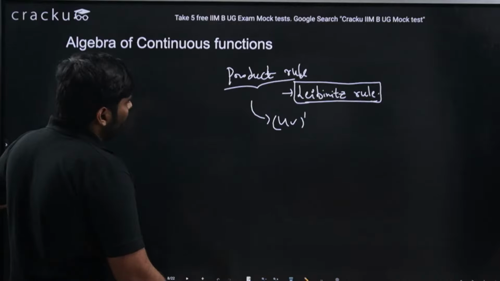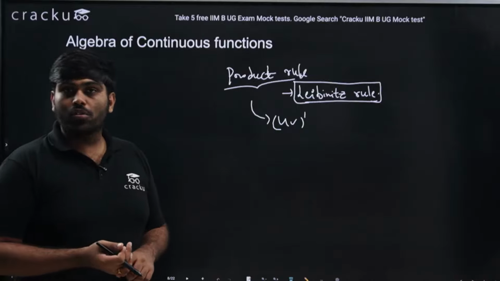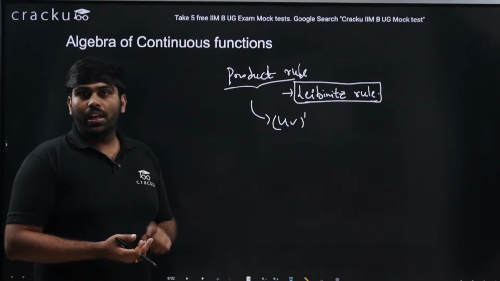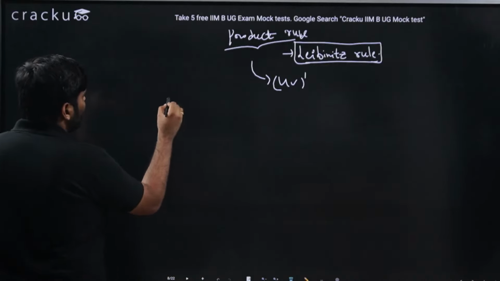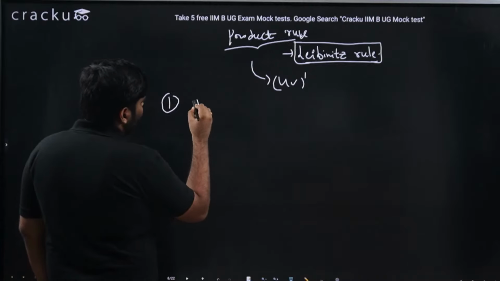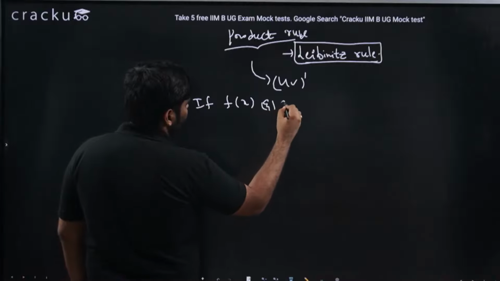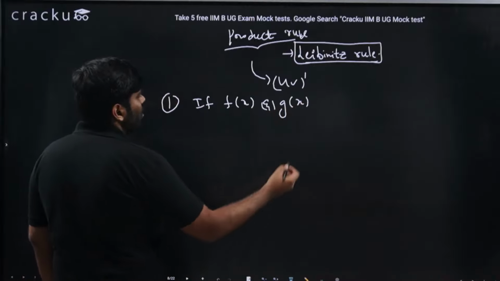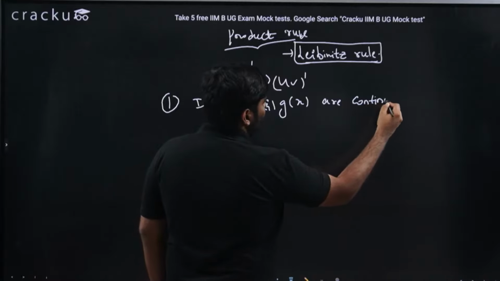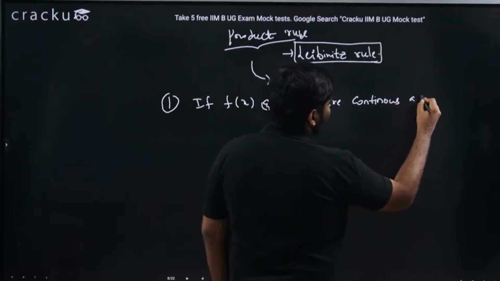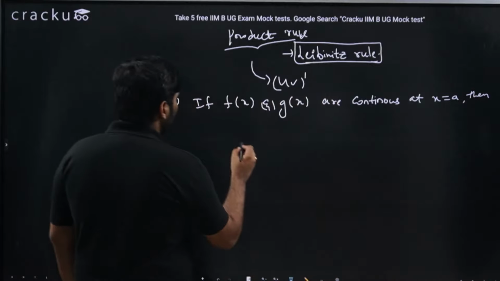Yesterday we discussed subtraction, addition, multiplication, and division in terms of limits and in terms of derivatives. So similarly, now let us discuss continuous functions. If f of x and g of x are two functions, and they are continuous at x equal to a, then I could say one thing is